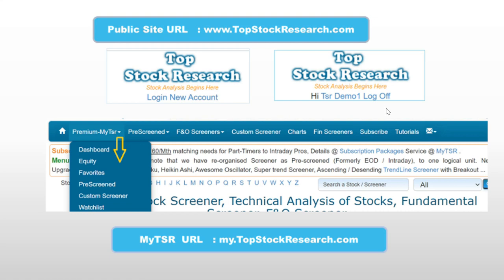Once you have logged in, you will see a menu bar something like this, where the first option is Premium MyTSR. If you click on that, then you'll get more menu options, like dashboard, equity, and so on and so forth. So you can either go to the dashboard or you can go to the one which you are interested in. Let's say you are looking for custom screener, you can directly go to custom screener to save a few clicks and time. For those who are already logged in, we do retain the information. That means every time you don't have to enter your user ID and password. You can directly go to